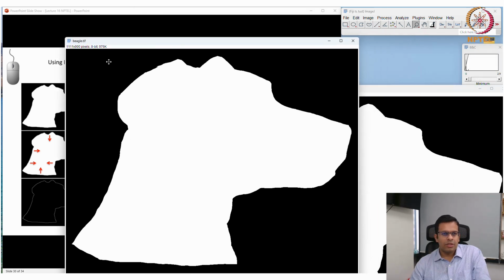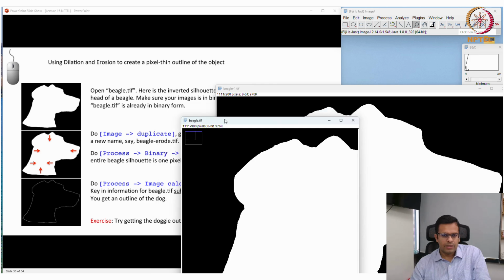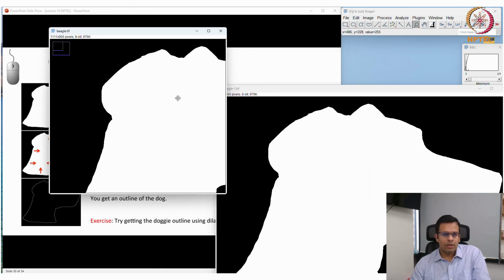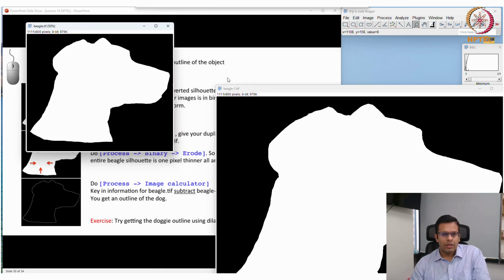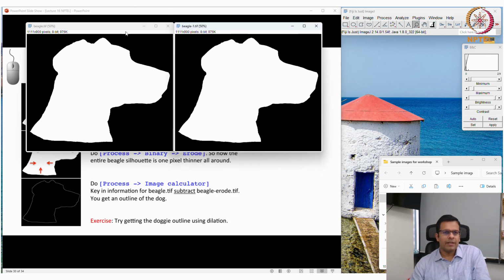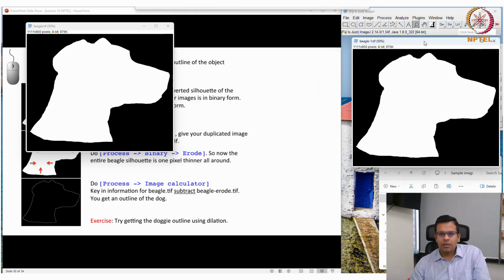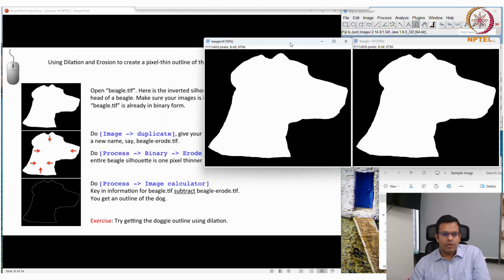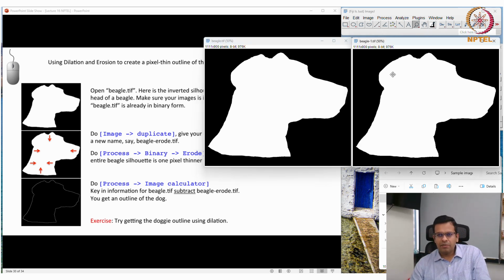This is the original beagle. I will just reduce the size. And this is the beagle-1 image, right? Now in this image, I will reduce the size by 1 pixel.